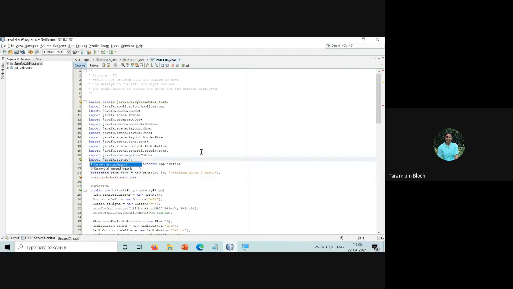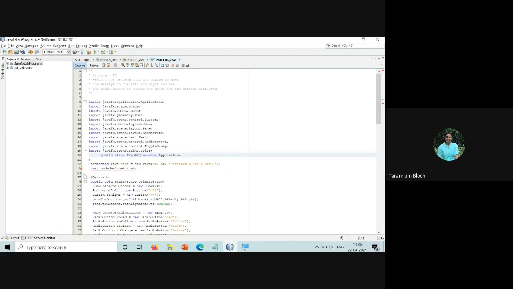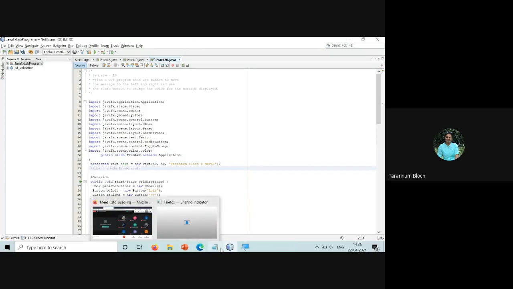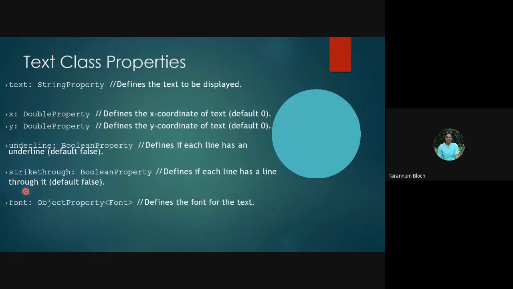This we will see in the lab. Right now, just let us move ahead. It has to give the underline. I have to just see the type compatibility. That's it. Right. So the way we have underline, we have strike through.